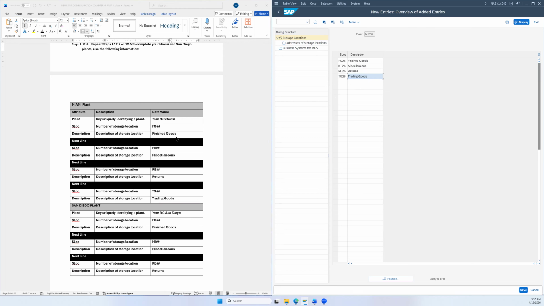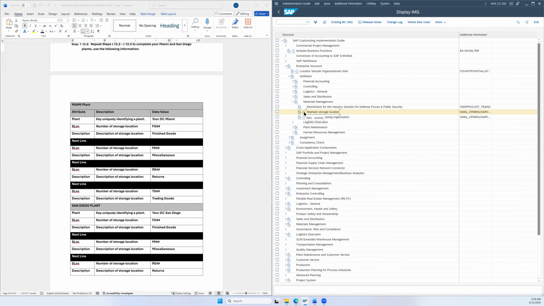So let's double check to make sure we have everything. We have FG, finished goods, MI for miscellaneous, RE for returns, and TG for trading goods. And looks like that's all, so 1, 2, 3, 4 things in our DC Miami plant. Correct numbers. And once we have all that information entered correctly, we're going to hit save. We can see our data was saved, and we're going to hit exit and go back into that menu once again